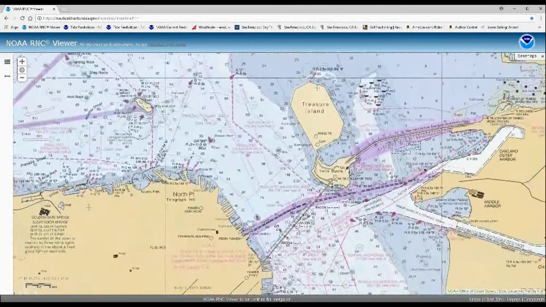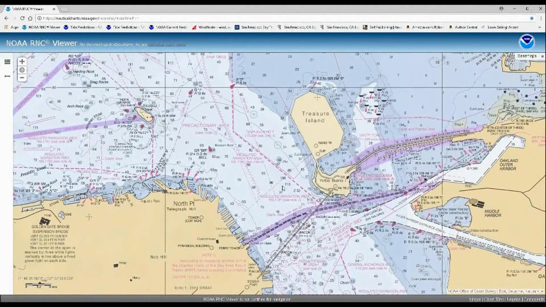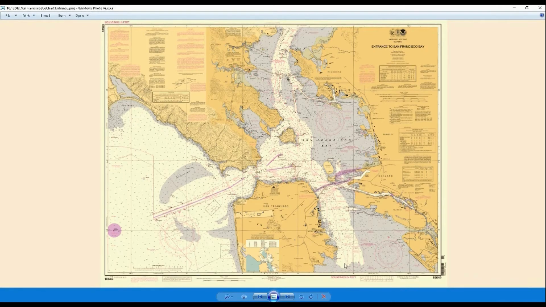And this is probably the chart that you're used to seeing on most of the boats on the bay. I like using the individual charts though. The individual charts are the latest. They have the latest updated information. So I have the San Francisco chart downloaded already, and let's take a look at that. So this is called the entrance to San Francisco Bay. It's also referred to as chart number